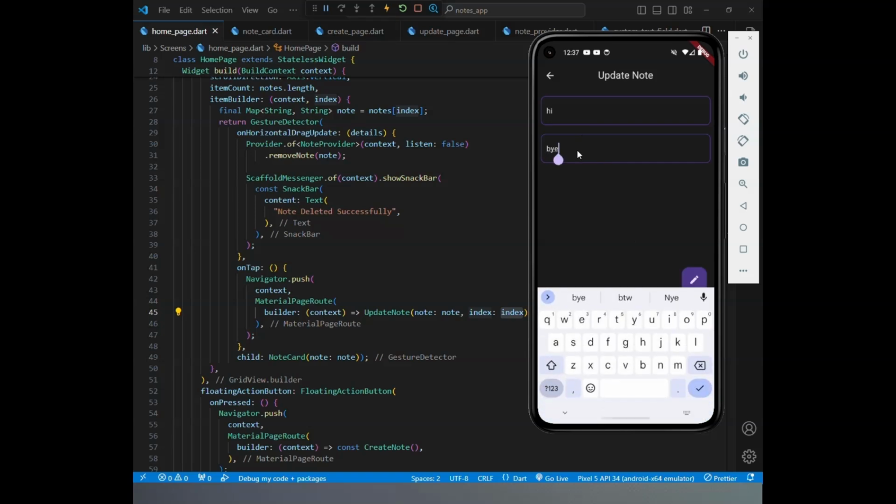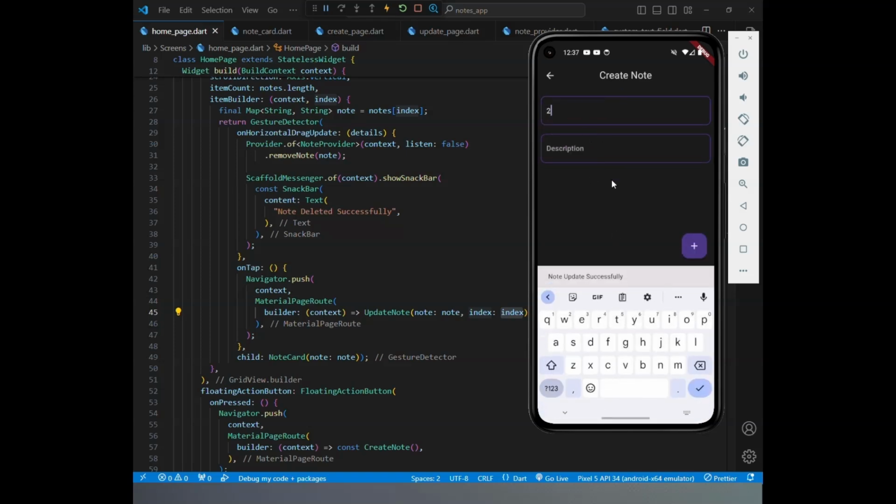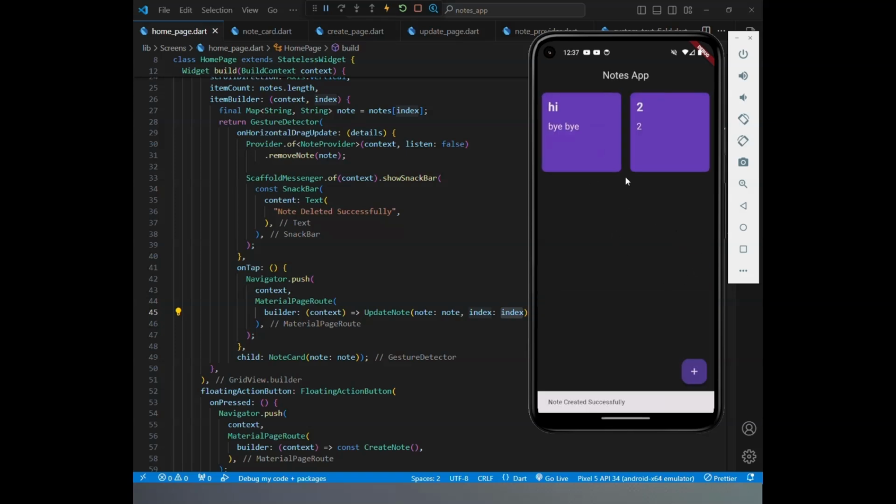It's important to note that GestureDetector itself doesn't provide any visual feedback. This is by design. It's meant to be a logic handler, not a visual widget. That means you're free to apply any design or decoration you want to the underlying widget. If you want visual feedback like ripple effects or highlights,